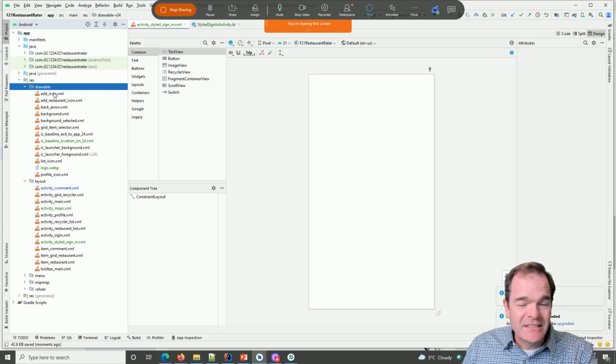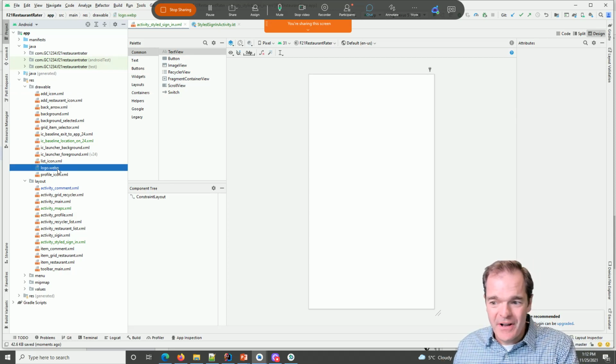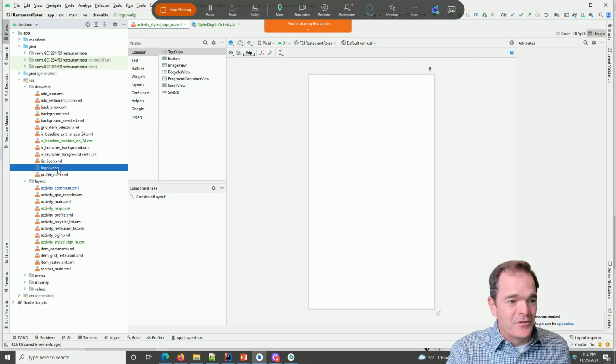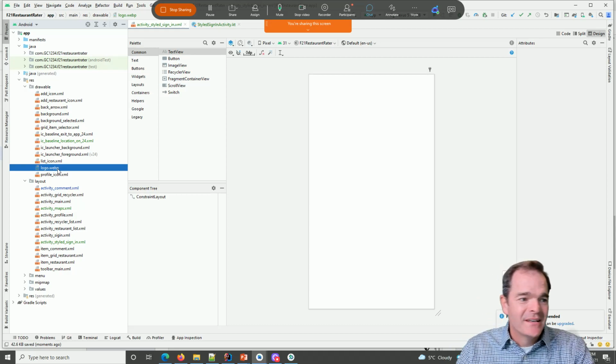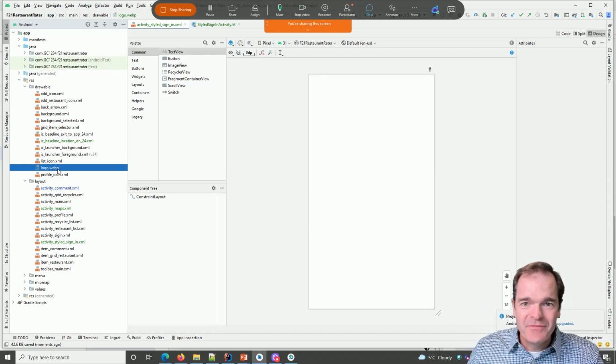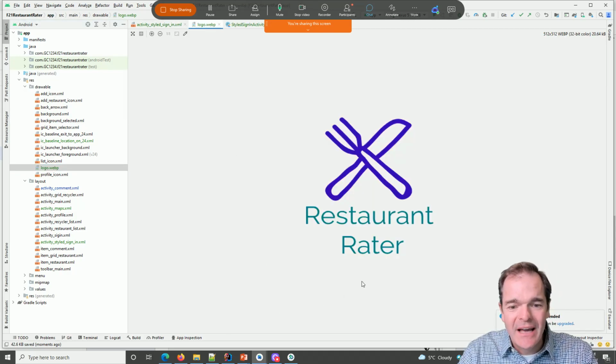And what you see is Android Studio does a brilliant job of this. It converted my PNG file to WebP and removed 2/3 of the size, and it actually got rid of the old PNG file, so it doesn't clutter up our folder here. And if you double-click on it, you can see the original file, which